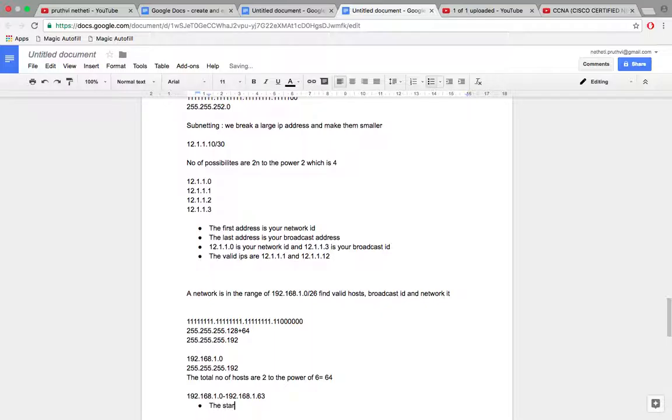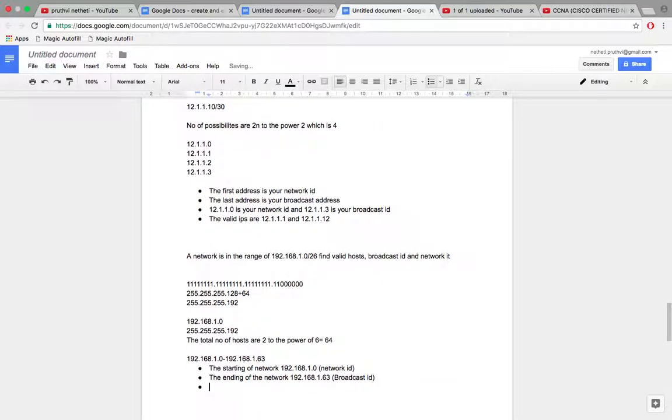Where does your network start? 192.168.1.0. This is where your network starts. This is your network ID. And what is the ending of the network? The ending of the network is 192.168.1.63. This is your broadcast ID, and the remaining are